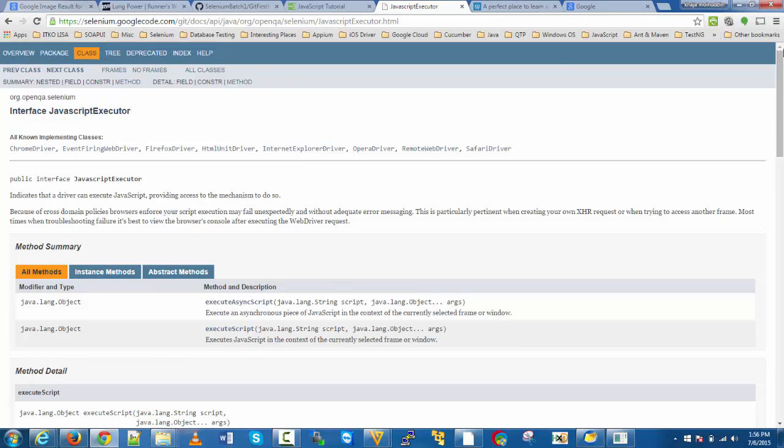Go to google.com and just search the name JavaScript Executor API, and the first link that you are going to get is this one, and you will be navigated to this. So, what exactly is JavaScript executor? JavaScript executor is one of the main interfaces that is provided by Selenium. If you see here, it indicates that a driver can execute JavaScript, providing access to the mechanism to do so. But let's see how that is possible and what are the things that we need to consider